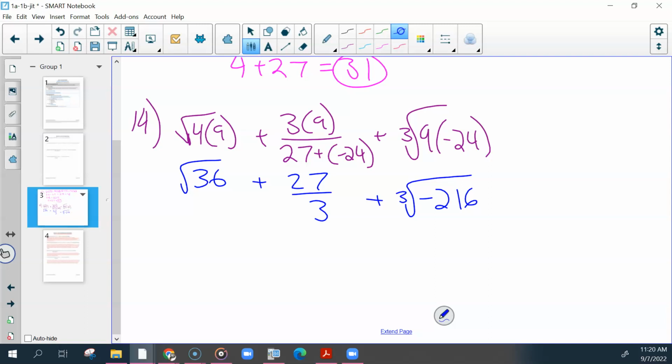And then actually take the cube root of 36 to get 6, divide to get 9, take the cube root of that to get negative 6, and then add them together and you should have gotten 9. So those of you that got 9, pat yourselves on the back, good job. Right, did we have questions on 13 or 14? Okay. And then number 2,